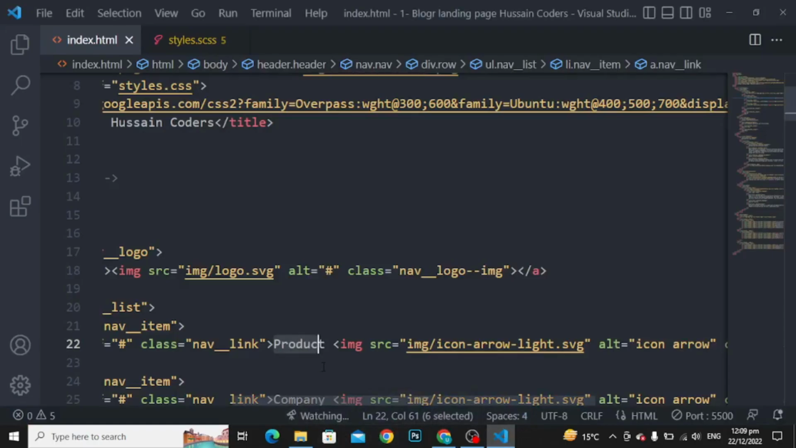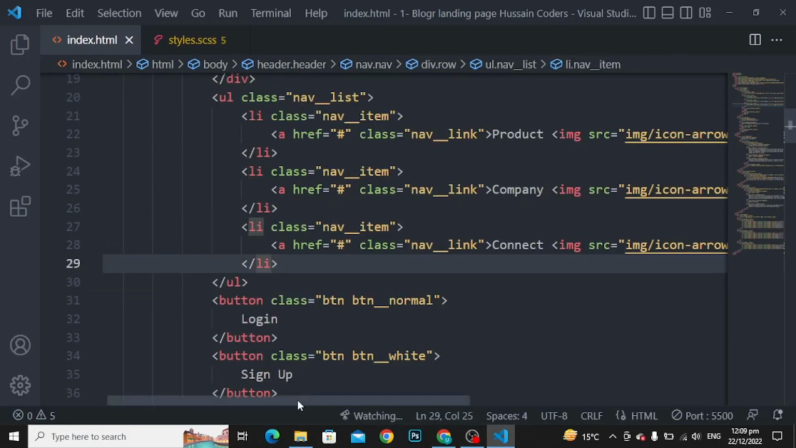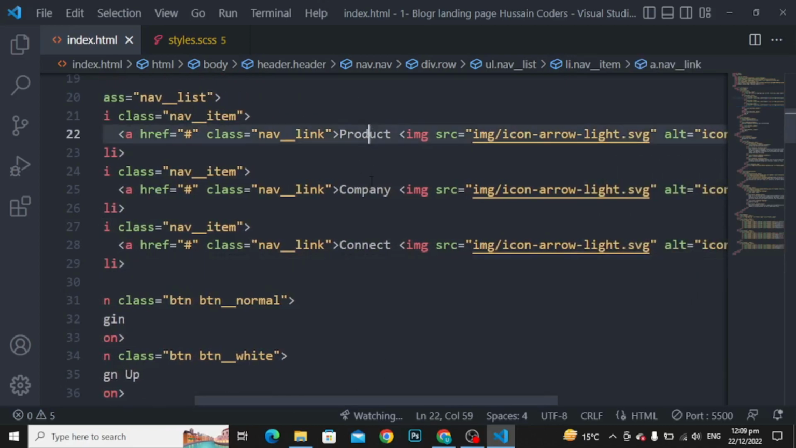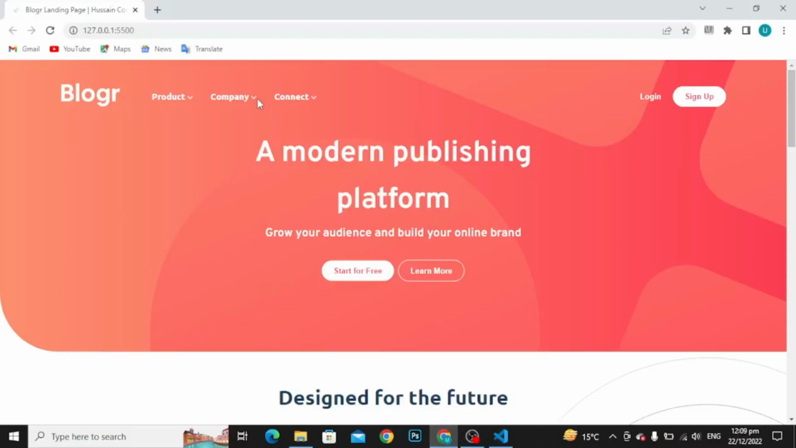Okay, so you only have to copy this link and place it one to two times. As you can see, product, company and connect with the same arrows. As you can see, I have used and named the class with the name of nav link icons. Okay, as you can see, these arrows. Okay, now